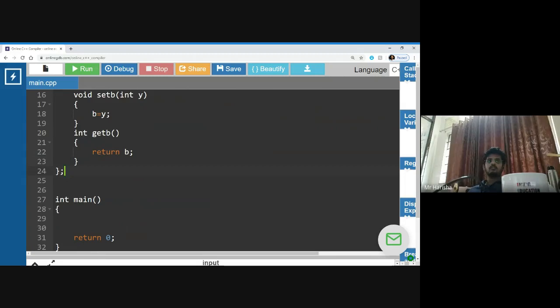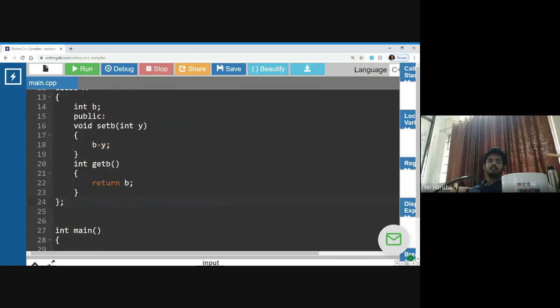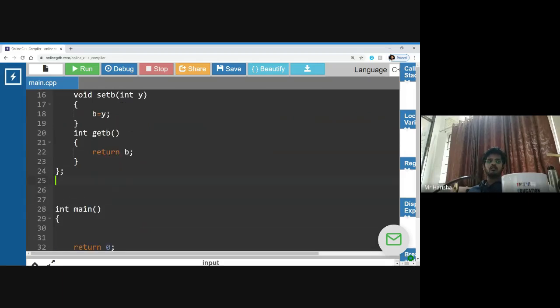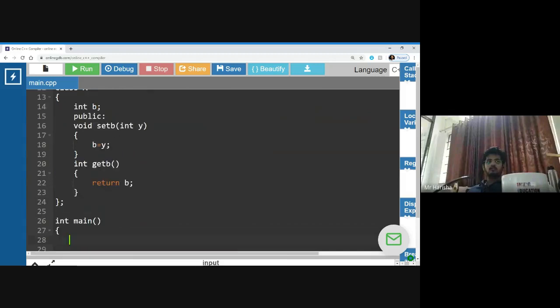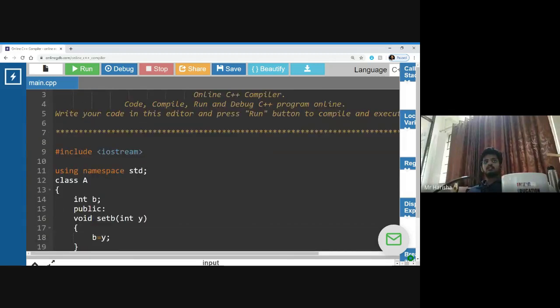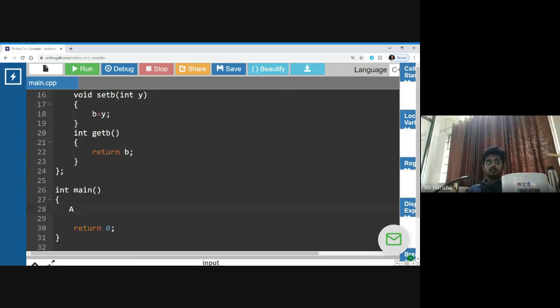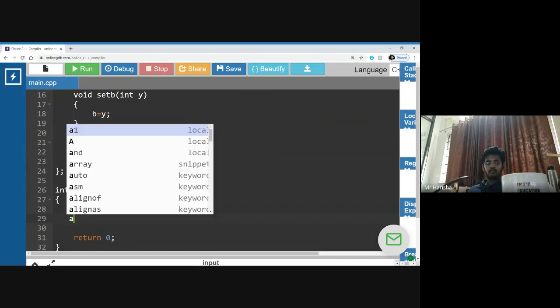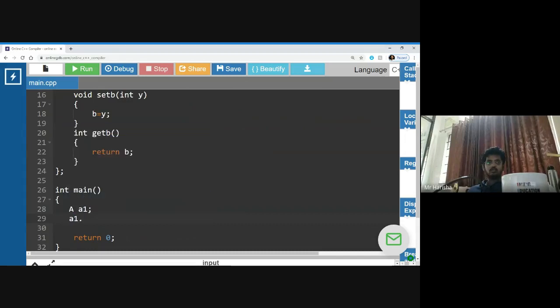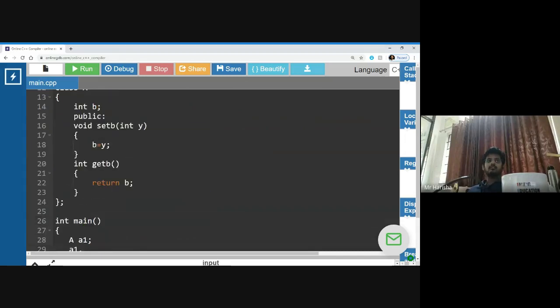So this is the class: one variable, and under the public section we have mentioned two functions. Now you can see the main program. For class A, I will declare one object, A1. We have a variable, right?